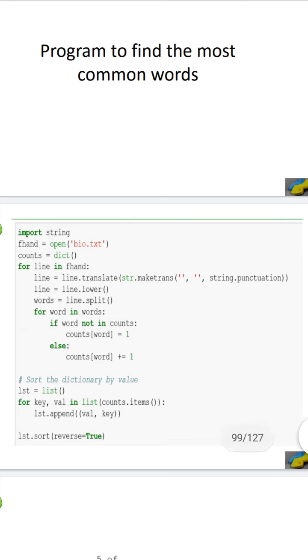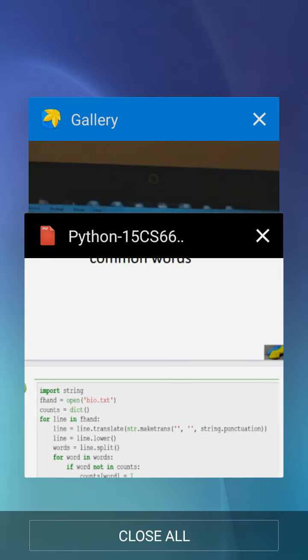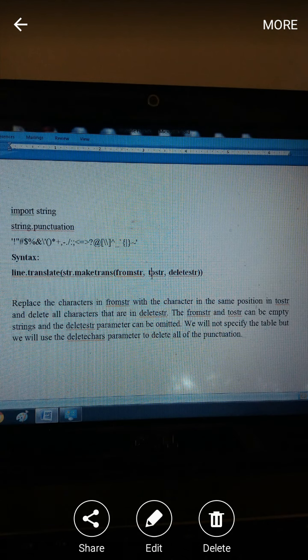To understand this program, first we need to understand how our translate function works. So first we will go to the syntax of translate.